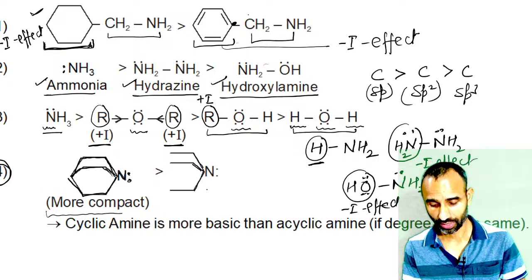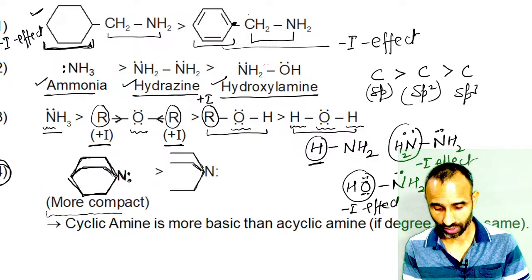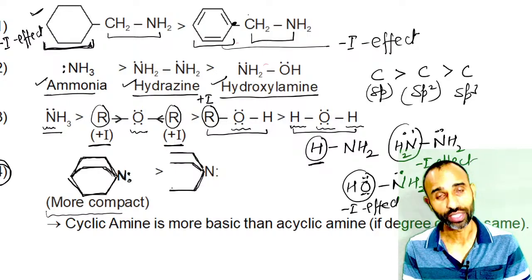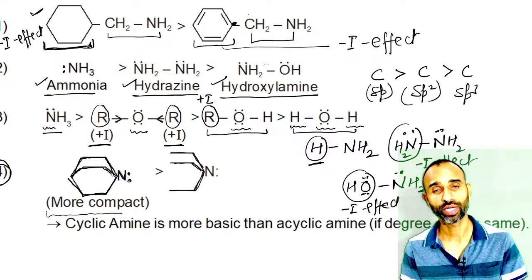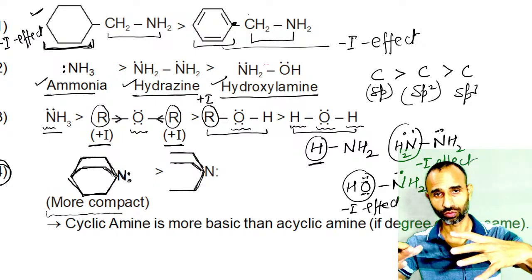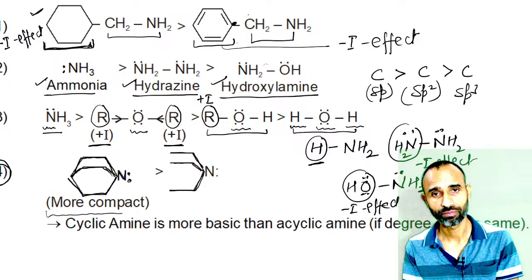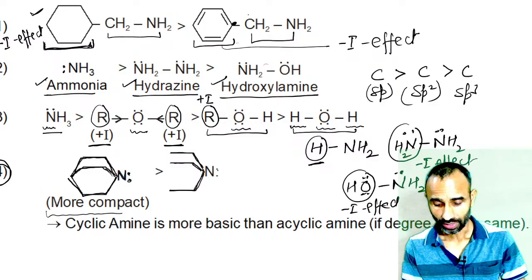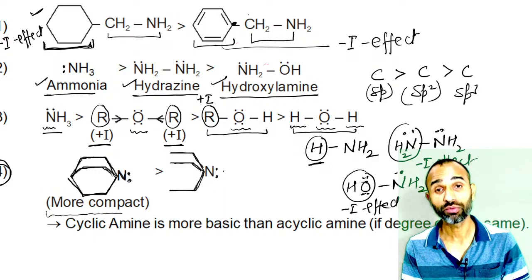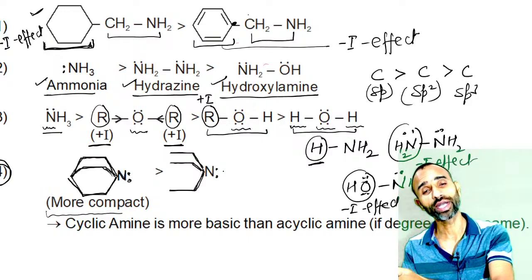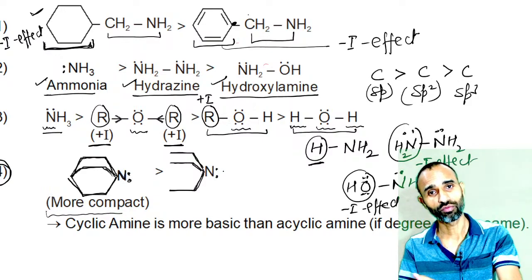But in second case nitrogen is attached to an open chain, that's why it can occupy more space, and therefore donation of lone pair, because if it donates electron to one which accepts it and which comes close to it,